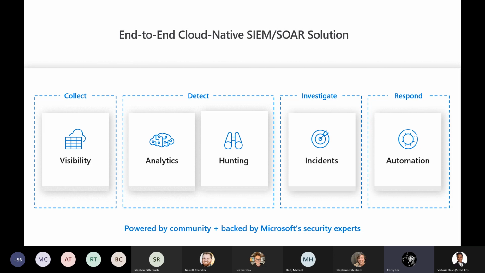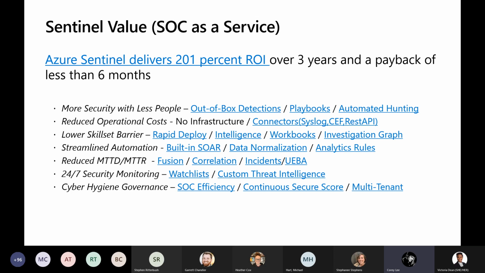And then ideally, with most environments, getting to the point where we can take advantage of automation capabilities to, once again, not just see things happening in the environment, but if we see something like a leaked credential alert, that we generally know is very high fidelity and typically means that there's something bad, and we don't want to wait 24 hours to go and do something like block a user sign-in, that we can take that action with a decent amount of ease. So when we think about Sentinel all up,